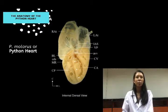You can see the cavum pulmonale, or the pulmonary chamber, indicated as CP, and the cavum arteriosum, or the systemic chamber, indicated as CA, and the cavum venosum, indicated as CV, situated between the two. The cavum venosum is a shallow chamber, but equally as important because blood entering the pulmonary chamber during diastole passes through it, and the blood that will go through the systemic chamber must traverse the cavum venosum to reach the